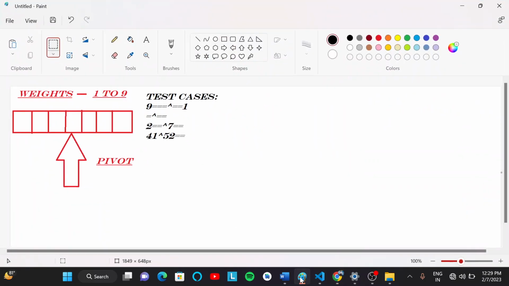First, in this problem, we will find the pivot index and store it in pivot. Then we will traverse the whole string from 0 to L minus 1, where L is the length of the string, and find the pivot. Then